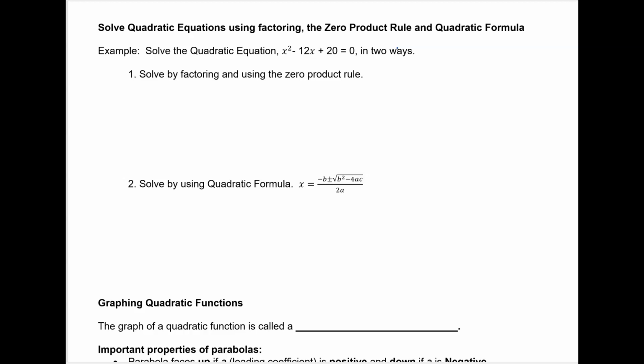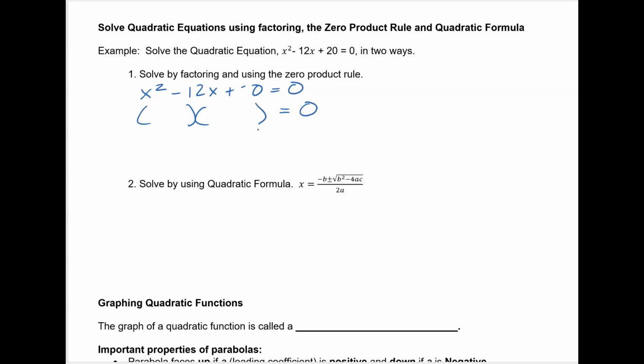One way to do this is to solve by factoring and using what's called the zero product rule. If you remember how to factor from taking algebra in the past, then I think that's great and this is a great option. If you don't, then I would say skip this method and move on to either the next one or graphing. And so factoring basically involves, we say factors because there are these two expressions